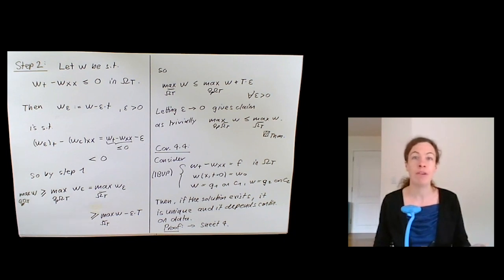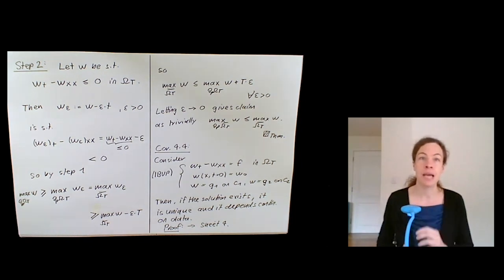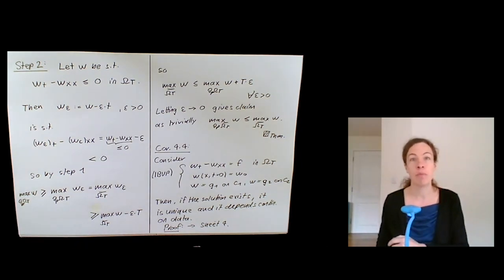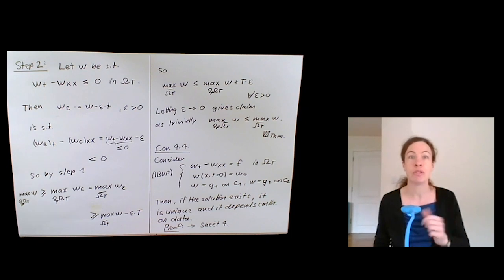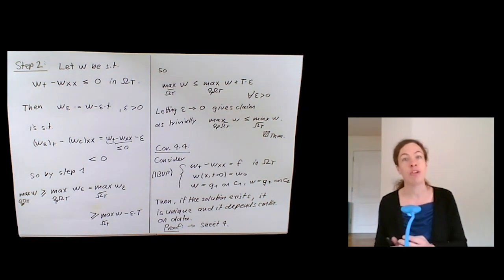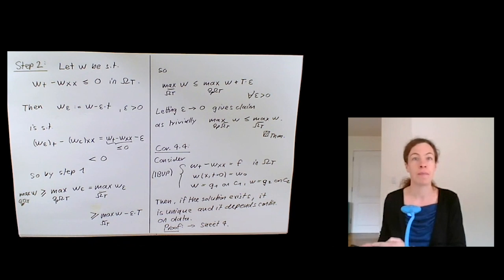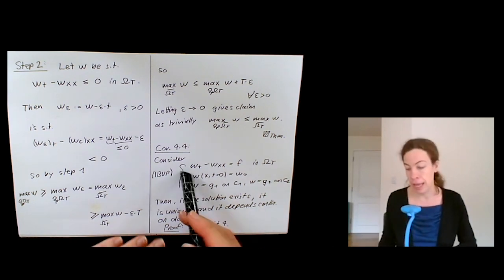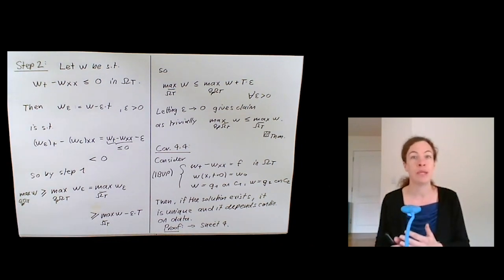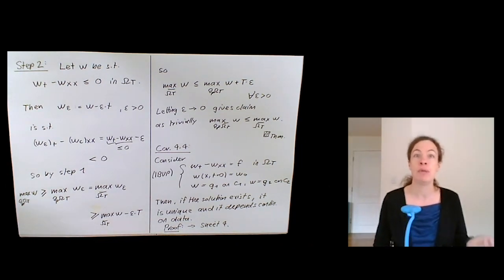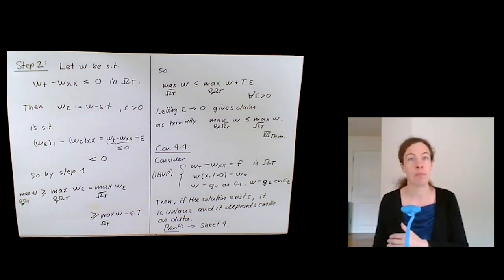end this video by giving you an example of a nonlinear application, and in particular an example that shows you that you can use the maximum principle not just to look at one solution of a PDE in isolation, but also to compare different solutions of PDEs, even in a situation where it's not a linear PDE. Of course, if you have a linear PDE like this situation, and I take two solutions of the same equation, maybe with different data, the corresponding difference will still satisfy a PDE. That's just completely wrong if you have a nonlinear problem.